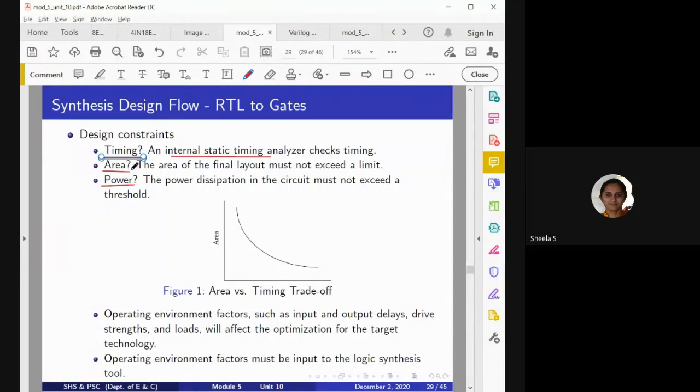Similarly for area, we need the final area, how much area it will occupy. Suppose the IC size is 1 centimeter by 1 centimeter. Inside that, millions of transistors will be present. Of those millions of transistors, how much area will the designed circuit occupy?